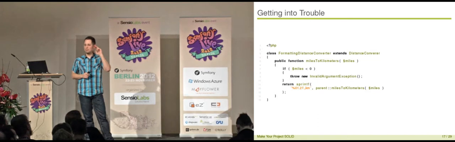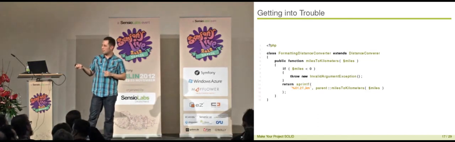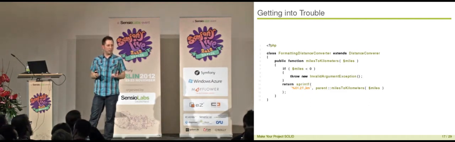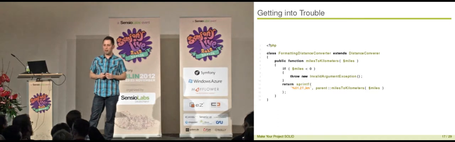Pardon? It should return a float, actually. Everybody who uses a distance converter expects this method to return a float. So if somebody actually wants to calculate with the returned value, and now you inject the formatting distance converter, you're doomed. All of your calculations might break. If I install that on a German server, then I will have a comma in there, and then PHP will instantly cast everything from there to 1. Nice, cool thing. Another problem?